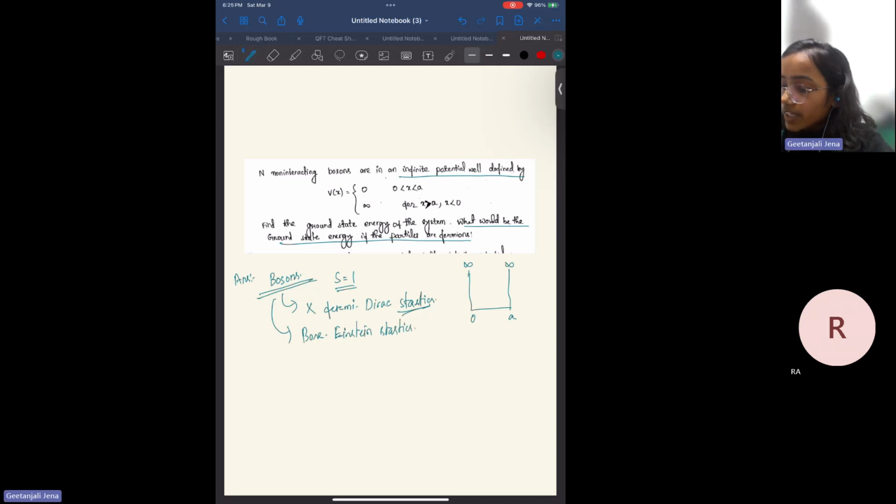These Fermi-Dirac and Bose-Einstein statistics are nothing but the way you fill up the particles in different energy levels. So when you have Bose-Einstein statistics,